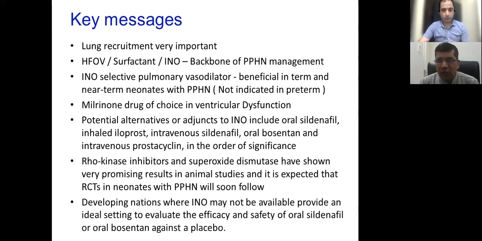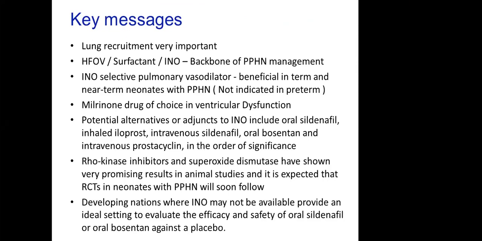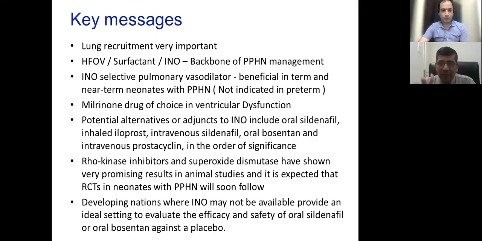So dear friends, I know I have run over time, but there were a lot of points I had to cover. I told you there are 10 questions: transitional circulation, pathophysiology, echocardiography, management part 1, management part 2 as inotropes, and management part 3 as separate nitric oxide or sildenafil, or what you can consider as additional vasodilator therapy. But what we learn is that lung recruitment is very important. High frequency ventilation, early use of surfactant, early use of nitric oxide, the backbone of PPHN. Nitric oxide is a selective vasodilator. Milrinone